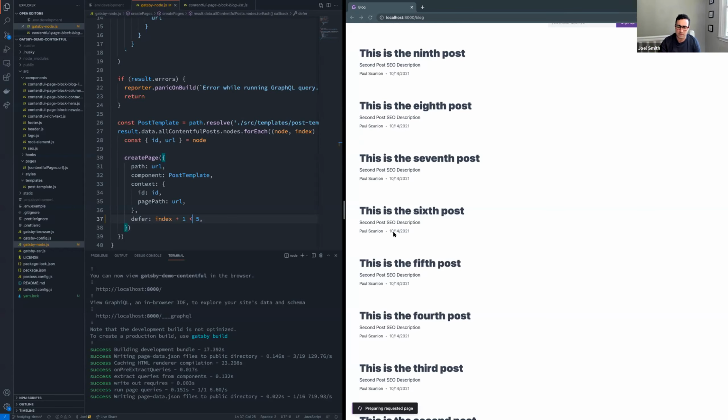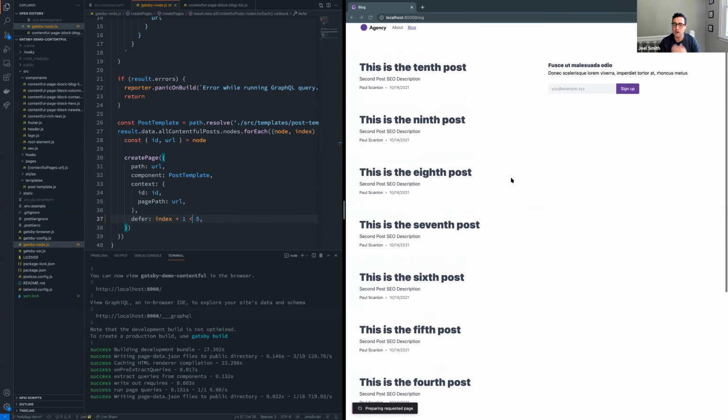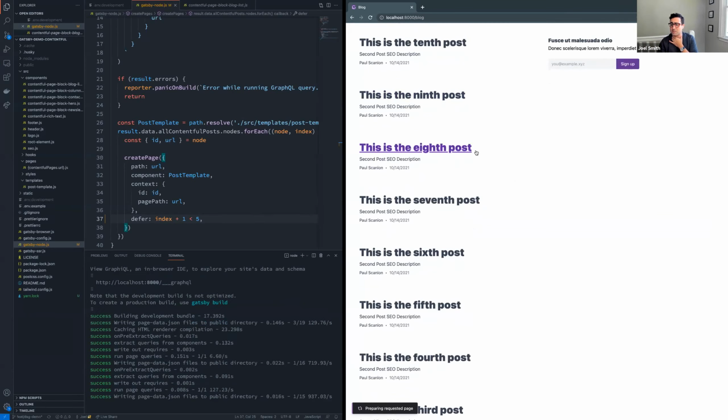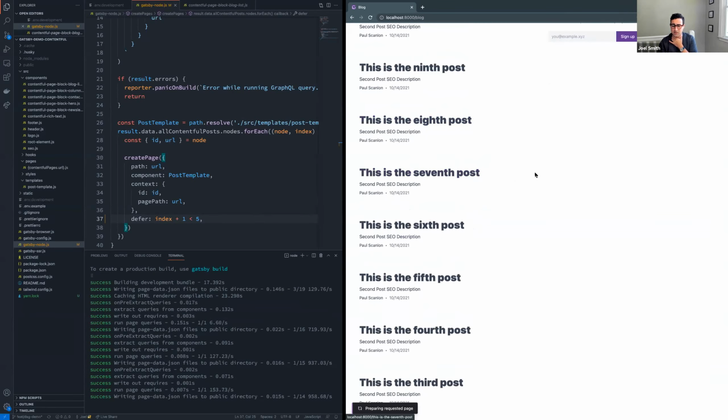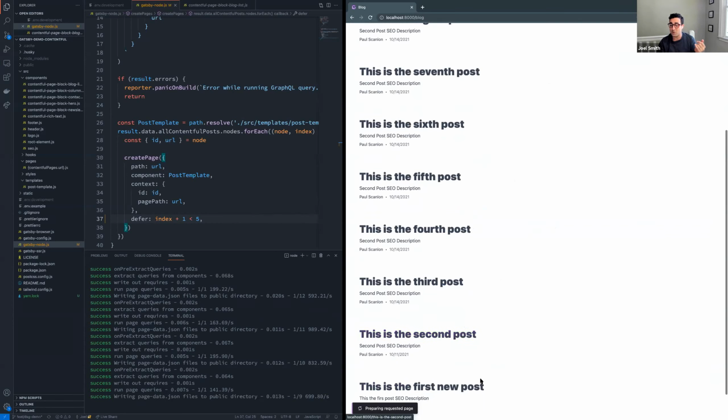The cool thing about this is that because my page template is using Gatsby link, when the page gets loaded up here, you can actually see, as I'm going through, when I demonstrate my intent to load the page, over here in my terminal it's actually building out those pages for me on the fly. So I'm even getting away from that little bit of the tax, where once I click into any one of these pages.